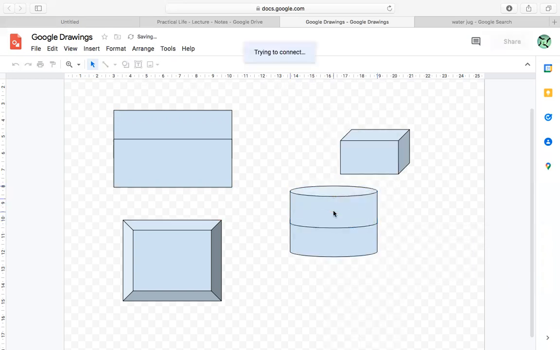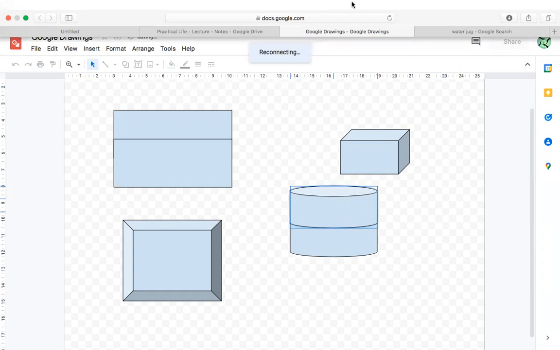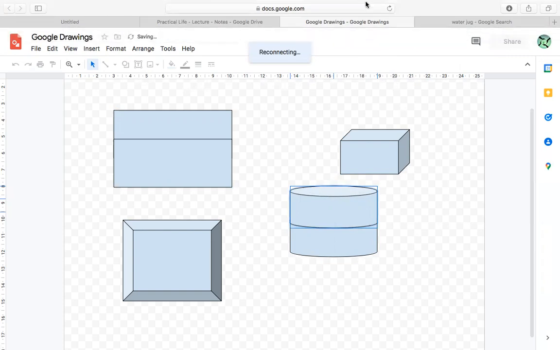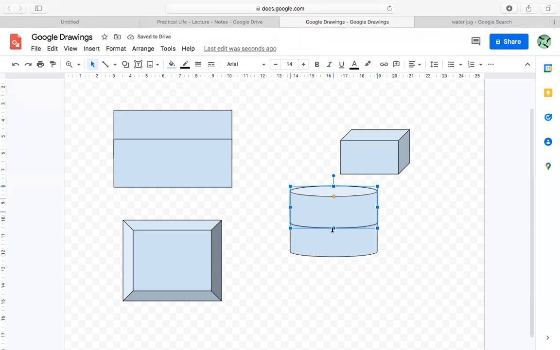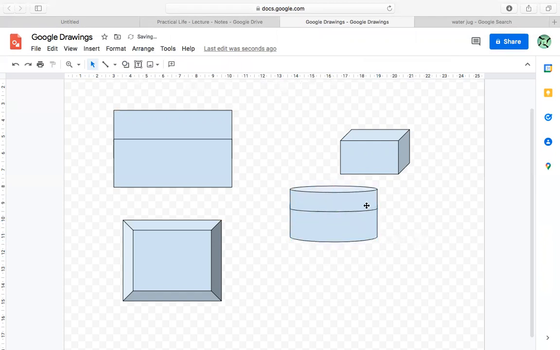Now, in my point of view, the lid has to be a little smaller than the base of the box, right? So it looks like this. Yeah,